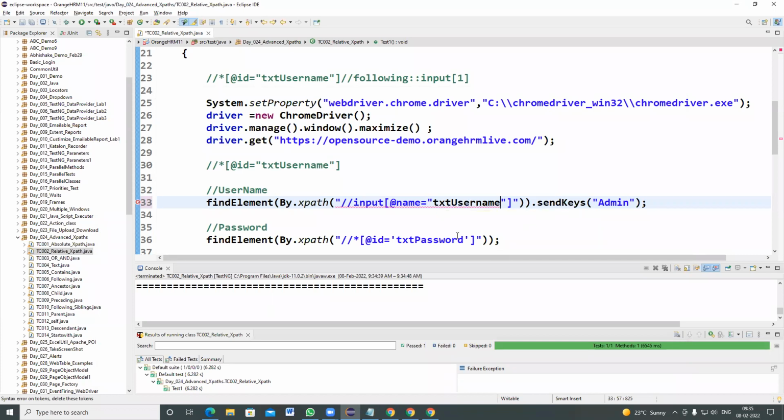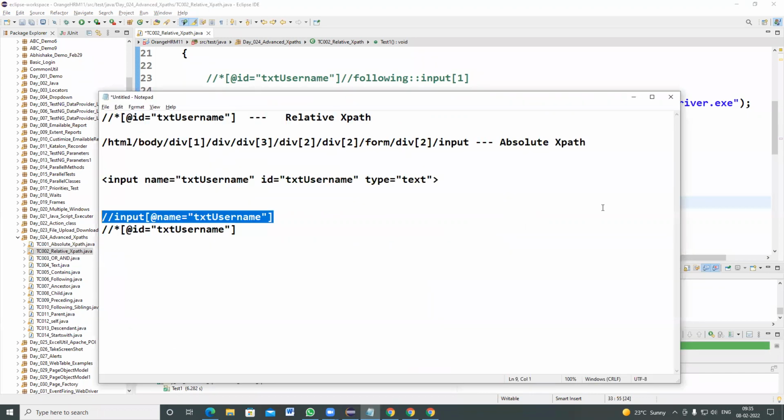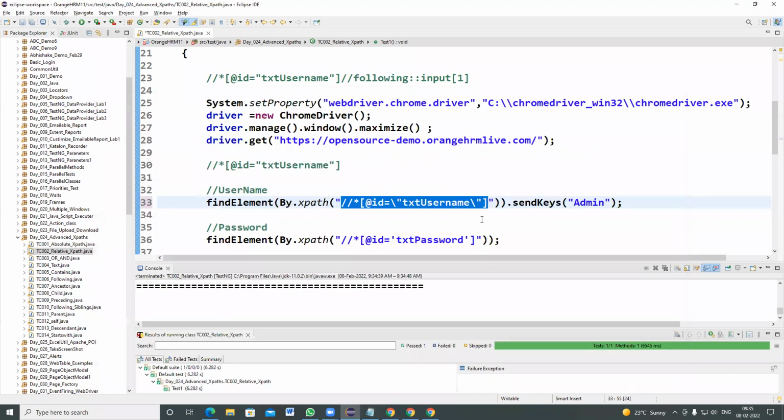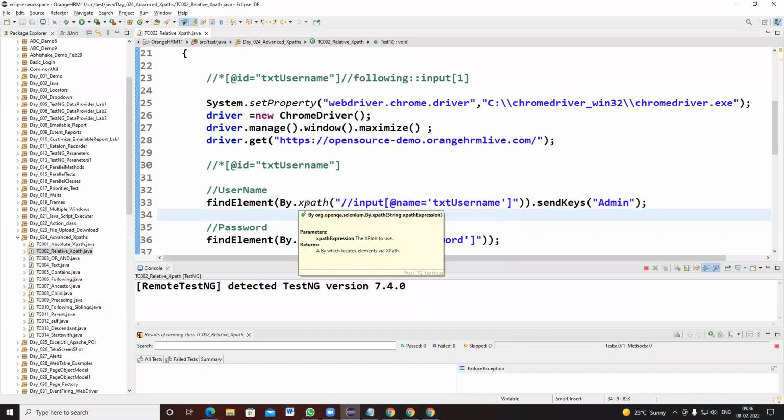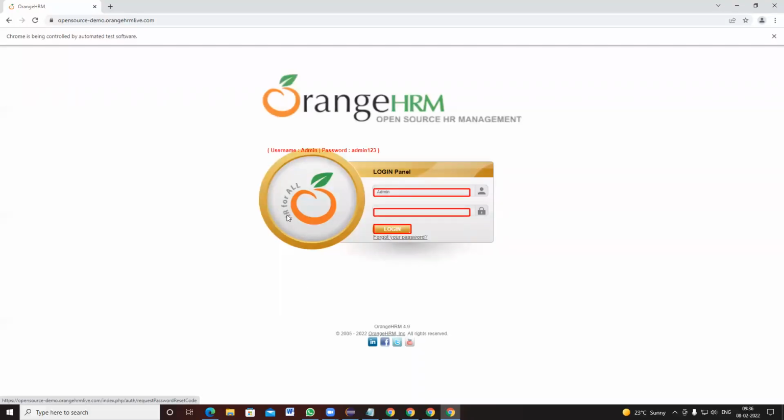Ma'am, can you repeat it once? We missed this last 5 minutes. You want me to repeat it once again? Yes, ma'am. Okay, 1 second. Do you want me to repeat it from the beginning, or how to write the XPath? How to write an absolute XPath? Okay. Yes. For example, this is